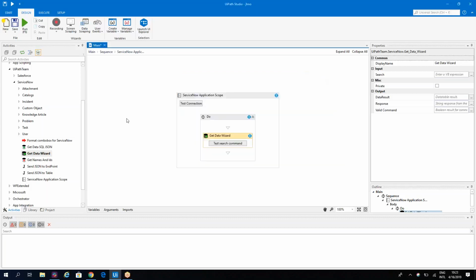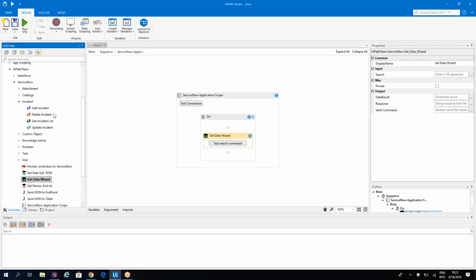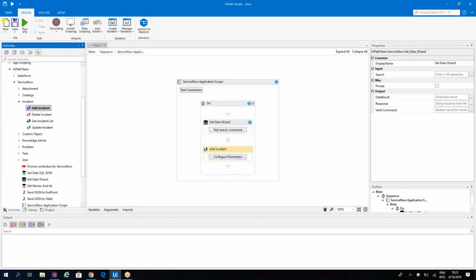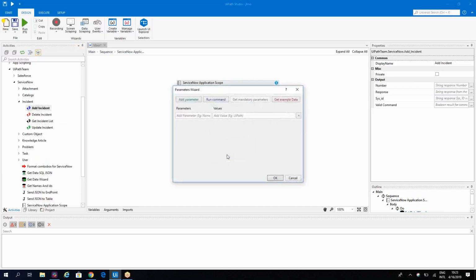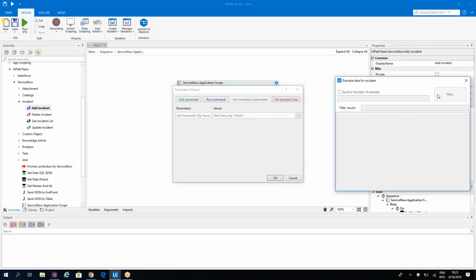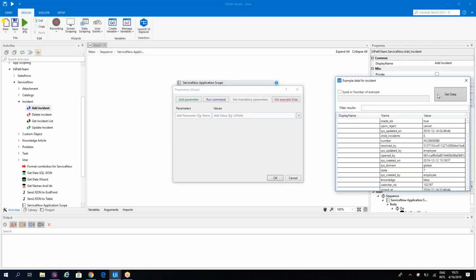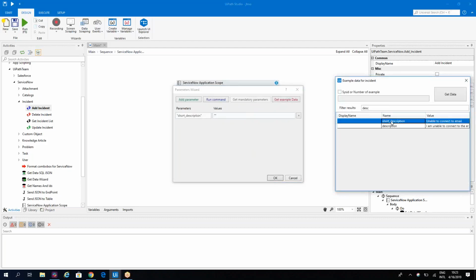But if you want to add data, we have here different objects. So let's talk first about incident. On incident, you can add, you can delete, you can update, and so on. So let's add one. To be able to add one, I have to provide it some parameters. Now, again, I will get an example of the parameters. So for example, if we want to add description, because we stick with the description, we'll say short description and normal description. So let's say put here short, and let's put here long.